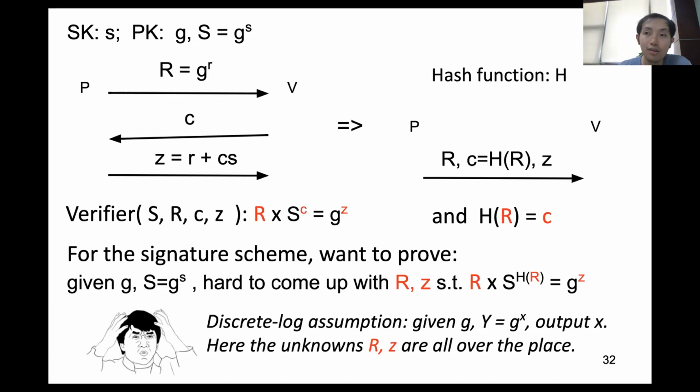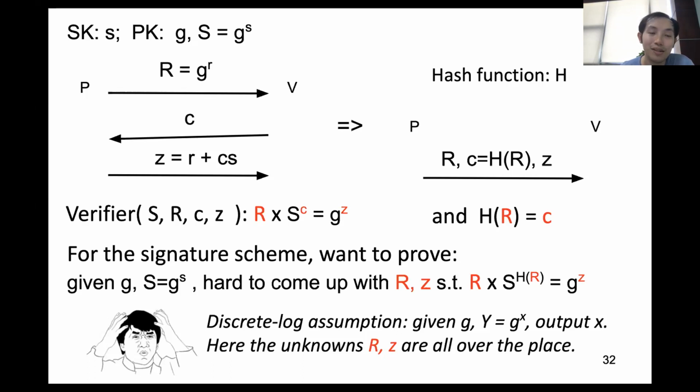And so let's think about what we want to prove. We want to come up with R and Z to satisfy this equation, which is hard for some fixed hash function. And we also recall that the discrete log assumption says, given G and Y, come up with X is difficult. So if we want to prove the security of Schnorr signature based on, for example, the discrete log assumption, you will